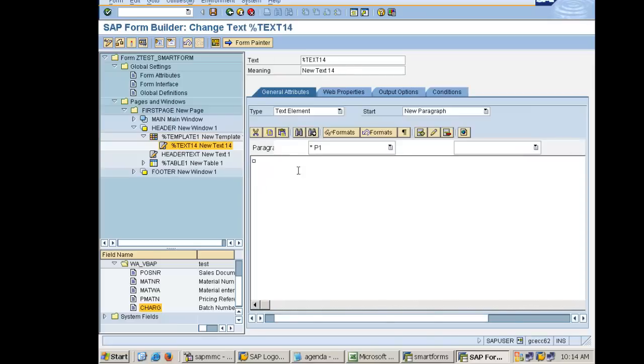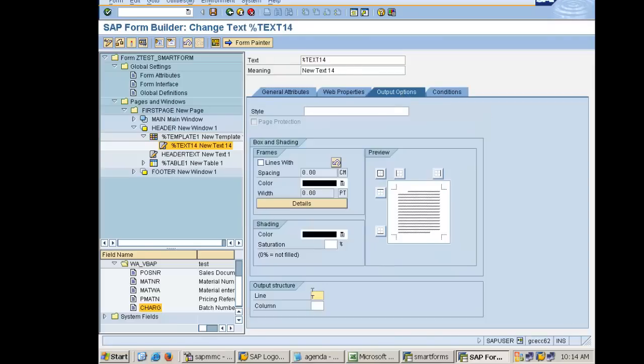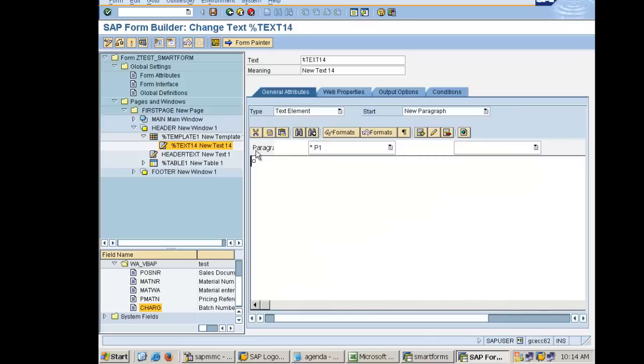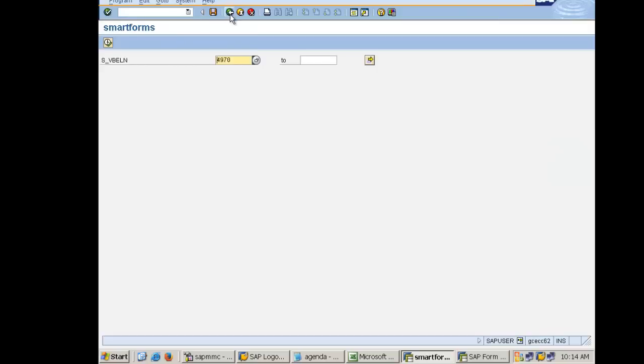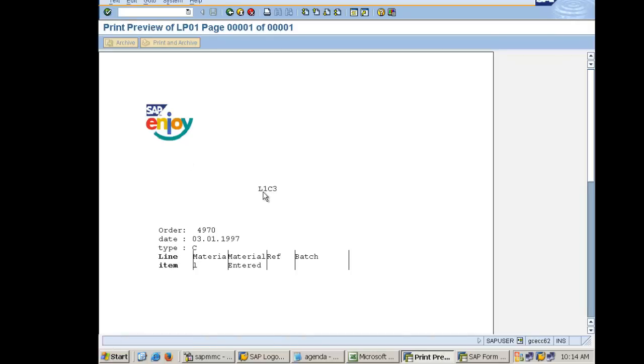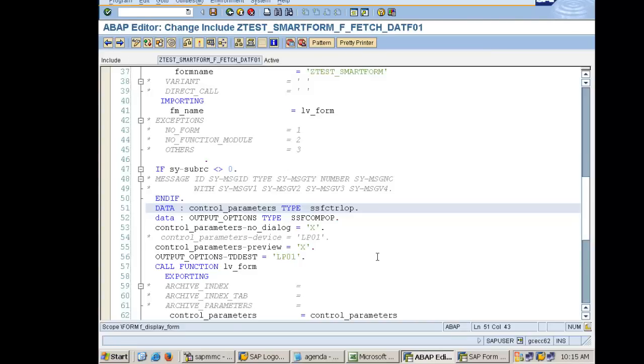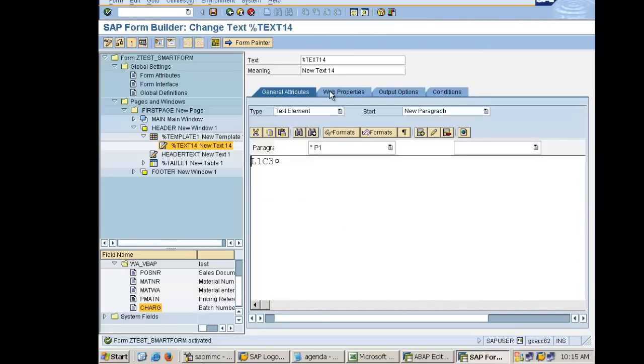Okay, 1, 2, 3. So first line, first row, third column. So I'll go to the text, I'll go to the output option, line 1, column 3. Here also I can mention line 1, L1, C3, like this. Activate this. So L1 C3 is coming somewhere here, but okay, to identify this again,